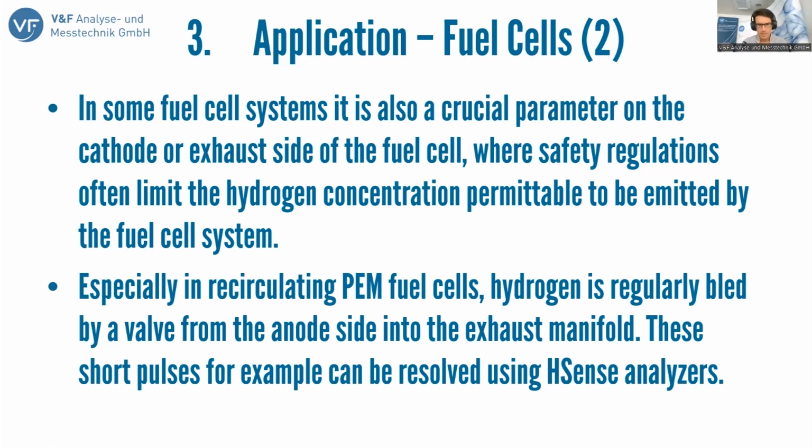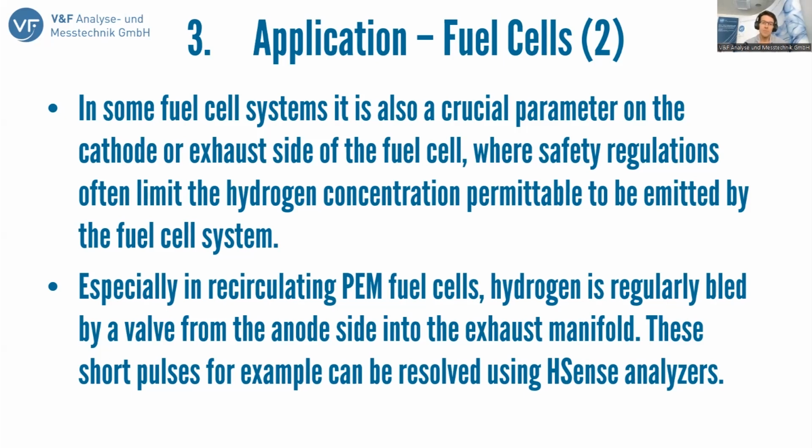The reason why there is hydrogen also on the cathode side is pretty much the recirculation system of the fuel cell. You don't want to blow off all the fuel that you're not using, but you want to recycle it, which usually introduces a loop on the anode side, which has a so-called bleed valve that can reduce the pressure on the anode side and just blows the hydrogen into the cathode side. And therefore this valve has a very short pulse duration,